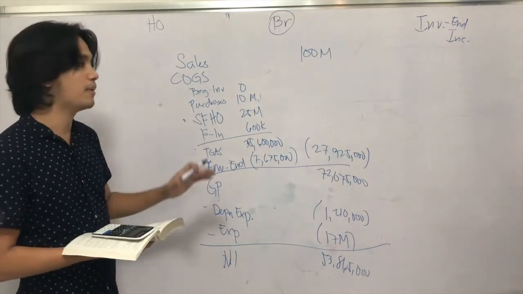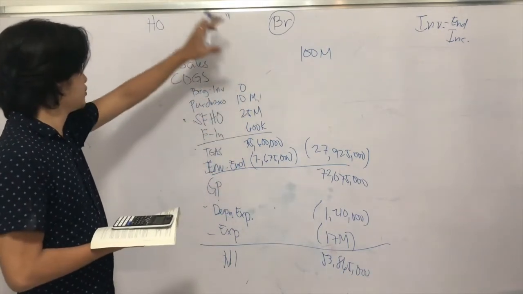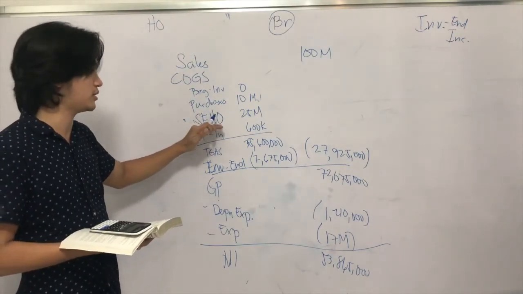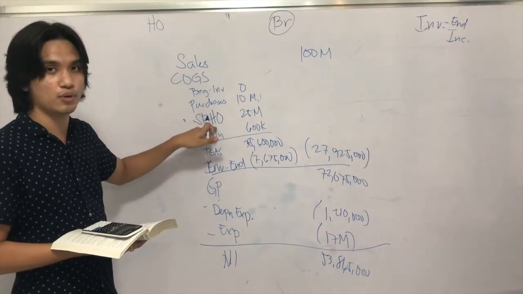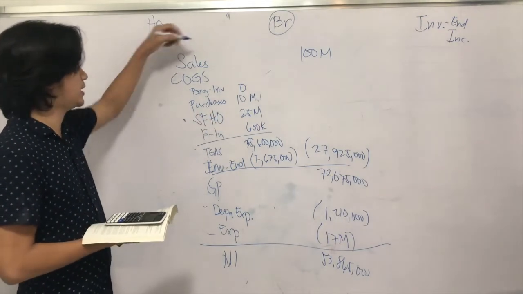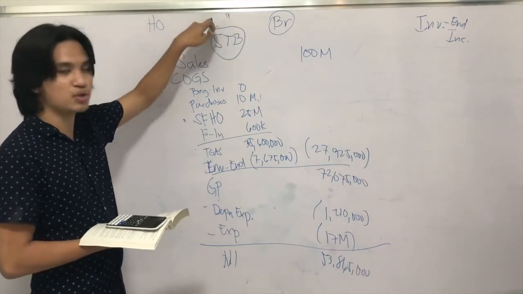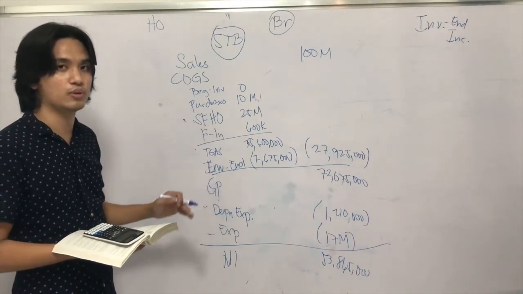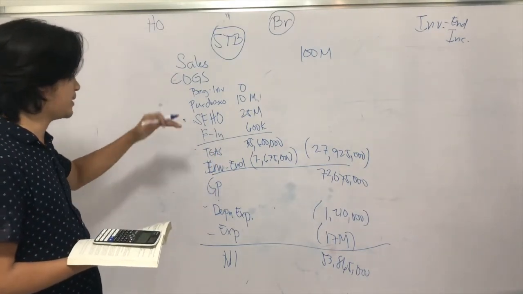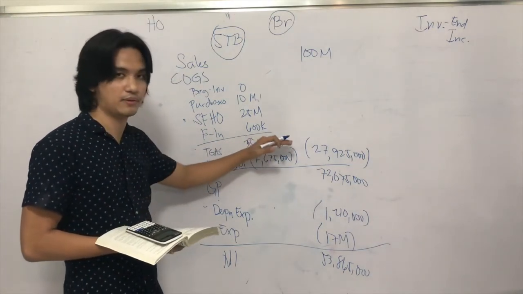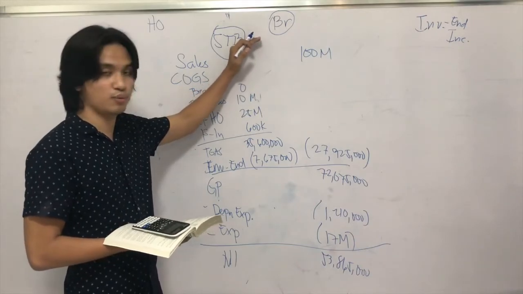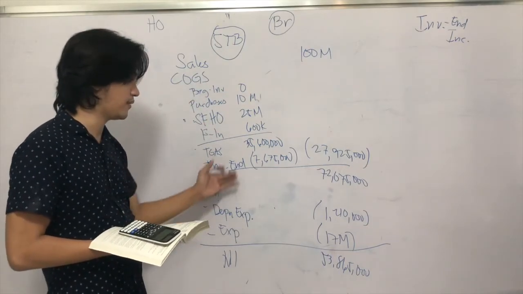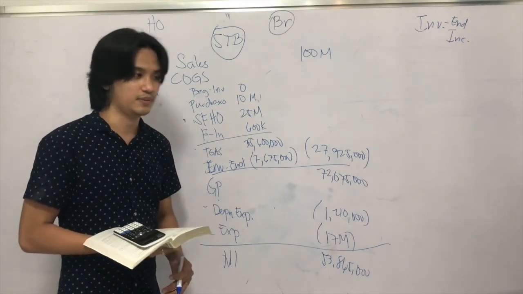How about in the income statement of the home office? Let's just say this is the income statement of the home office. Of course, you would not have the shipments from home office because you can see this account only in the books of the branch. In the books of the home office, we see the shipments to branch account. Where do we put shipments to branch account? We deduct this one after TIGAS, or after the total goods available for sale. So you have beginning plus purchases plus freight in cost, total goods available for sale. You deduct shipments to branch, you will get total goods available for own sale. Then you further deduct inventory and you get the cost of goods sold.